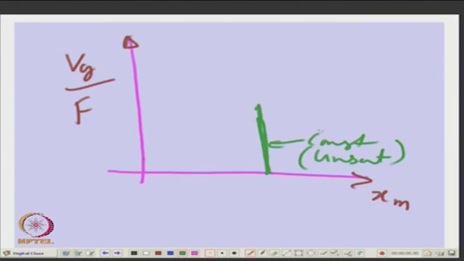Now, if you increase the Vg by f, increase the voltage means it gets saturated, the flux gets saturated. How will it change? Where will this be? Will it go like this or will it go like this? Will it turn to the left or turn to the right? It will turn to the left. So, you can expect this is saturated